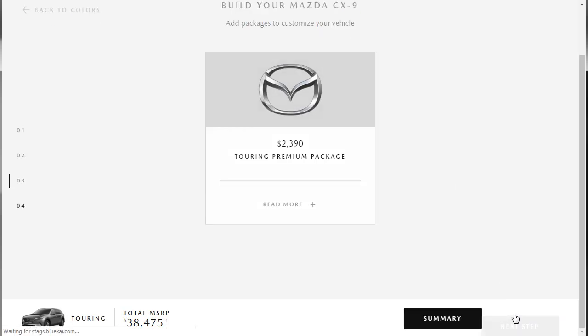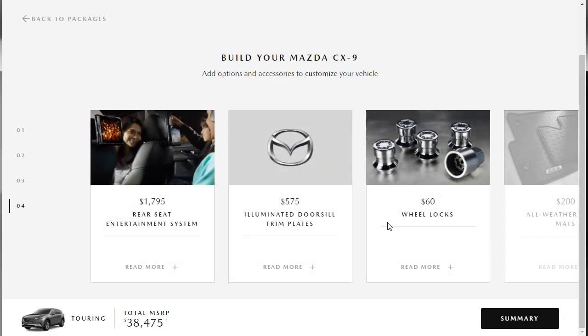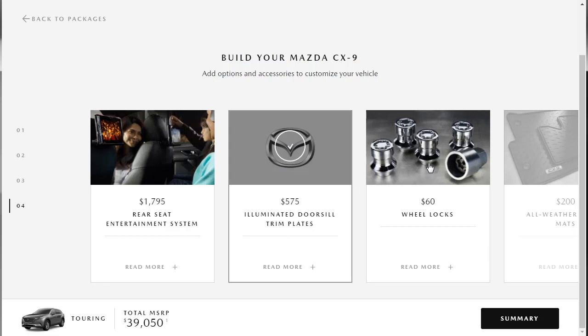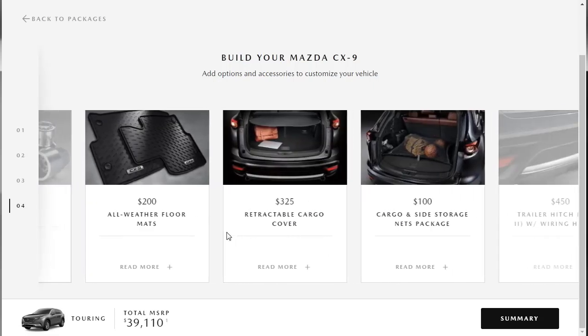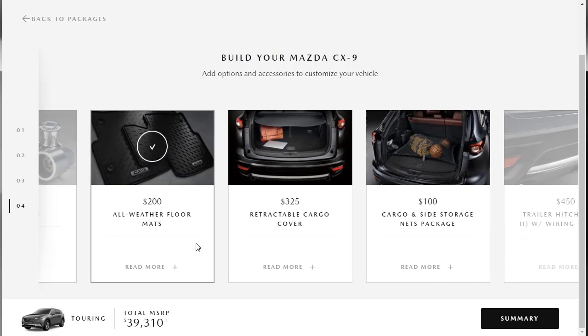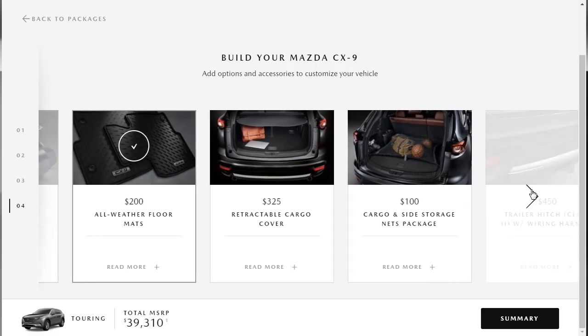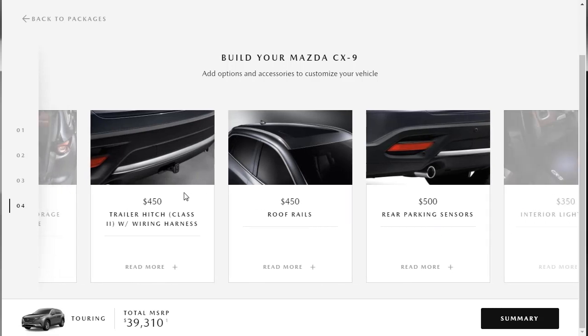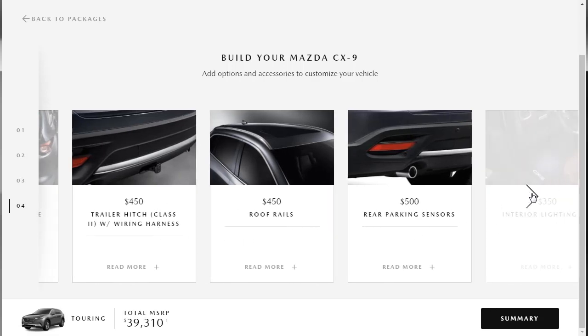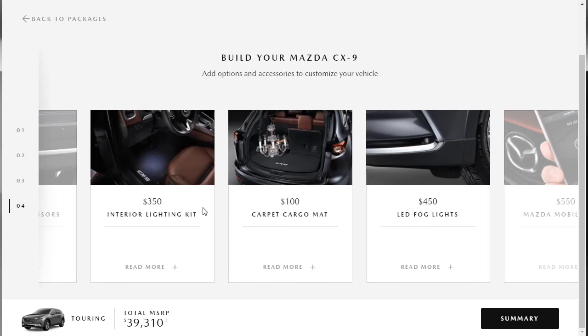So let's move on. And yeah, now we can check the accessories. So there's rear seat entertainment, illuminated door sill trim plates. I like that. We're going to get that. The wheel locks. We're going to get the wheel locks. We're going to get the all-weather floor mats. What other accessories do we want? The rear parking, we already have rear parking sensors and all of that. Do we need additional interior lighting? No. We can get the LED fog lights a la